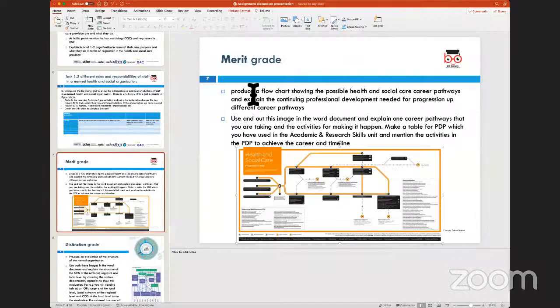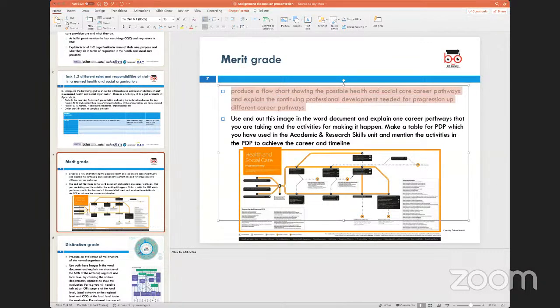we need to look at the next task, which is the merit task. And the merit task says, produce a flow chart showing various career pathways within the health and social care sector. So what I'm going to do is copy and paste this task. And then the key bit which I want to show you is how to look at putting this in the assignment. So when I go back to the document,